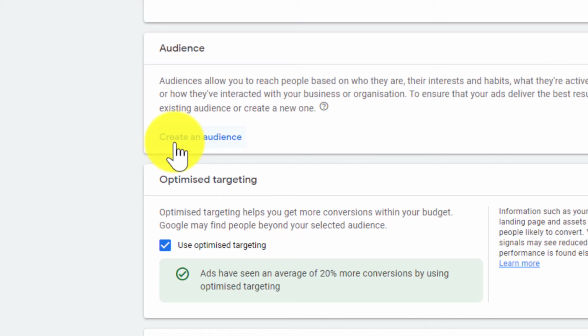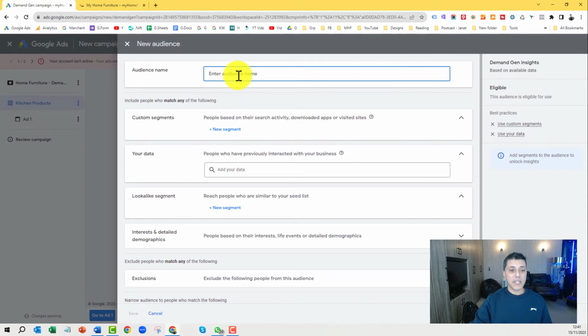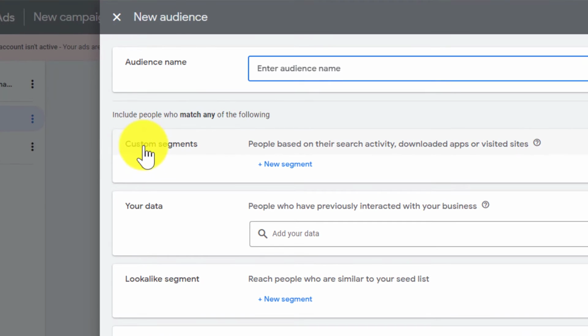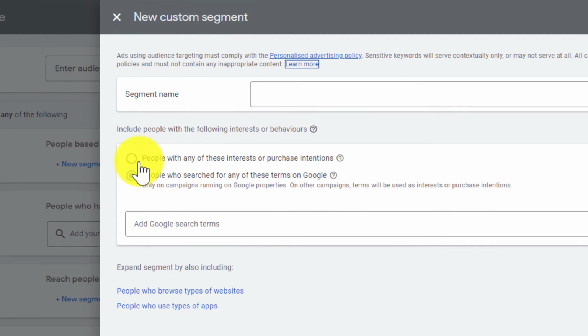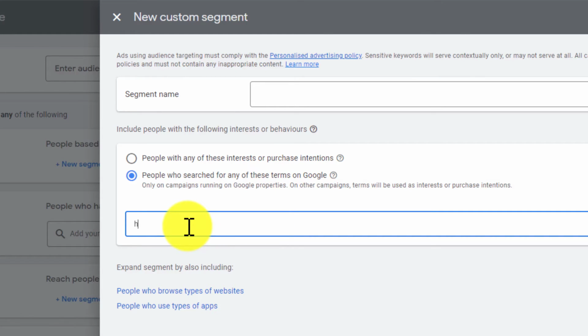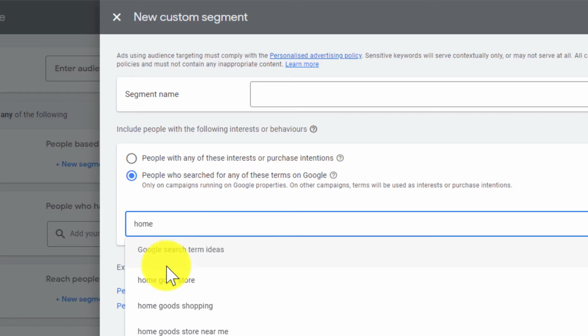So we'll click on create an audience, and we can give it a name here. So before we give it a name, I'm just going to show you a couple of things. So we can create custom audiences, like so. We can say that people who have any interest in these products, or people who have recently searched on these products on Google, and then you can start giving it some type of a name, and then Google will say,